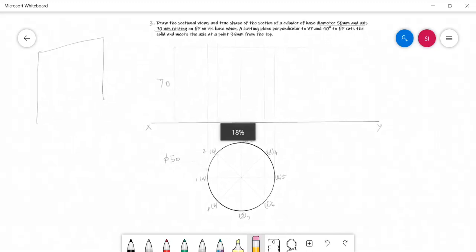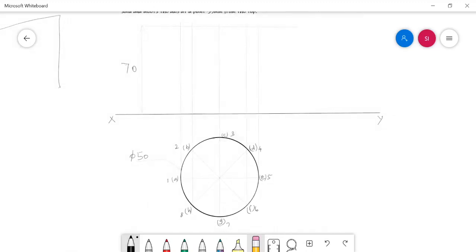Let me mark the points in the front view also, starting from A dash, B dash, C dash, D dash, E dash, F dash, G dash, and finally H dash.